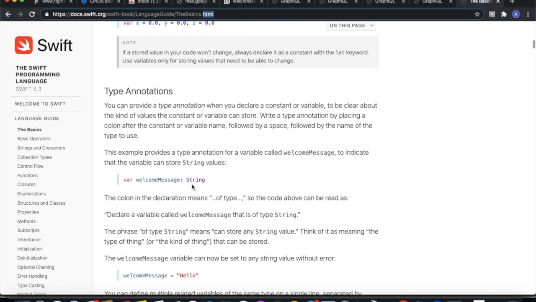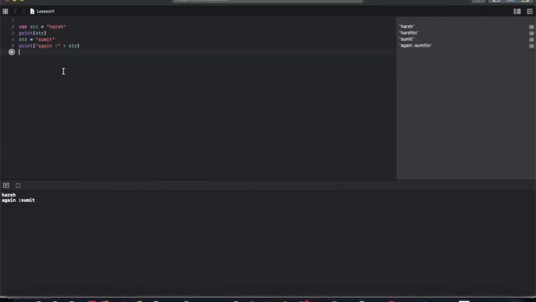Now, the next thing is type annotation. In the first case, we were just declaring the variable, its name and its value. So the type of the variable is inferred. Currently it has a string.